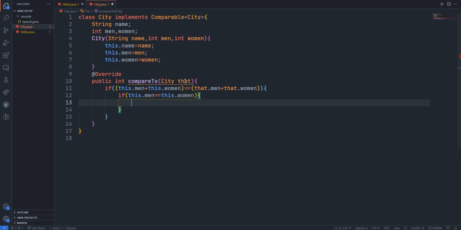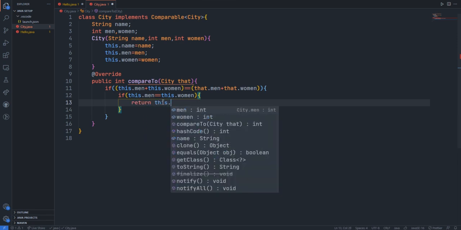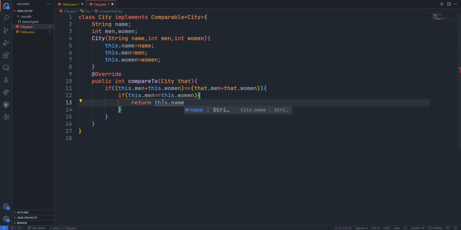So it will return a positive value for ascending order, and it should return a negative value for descending order. Now we just need ascending order. For that, I will return this.name.compareTo(that.name).